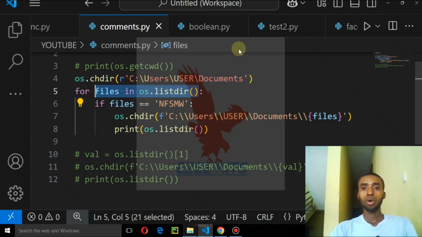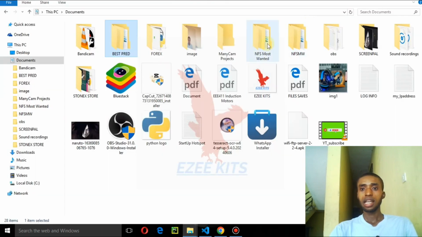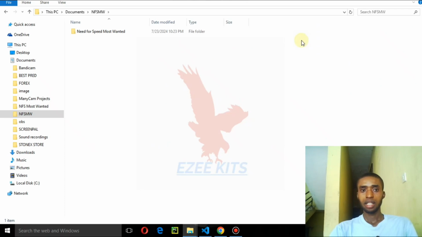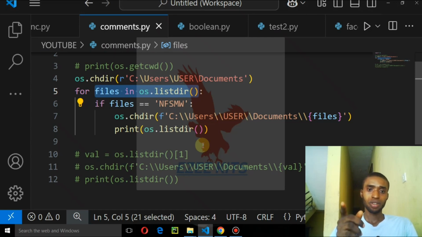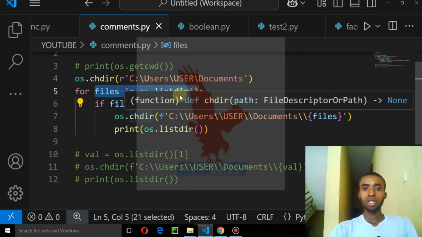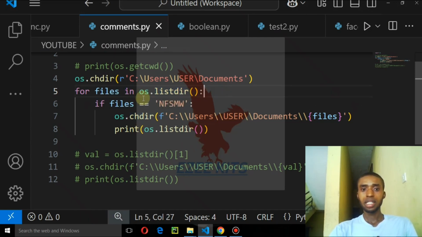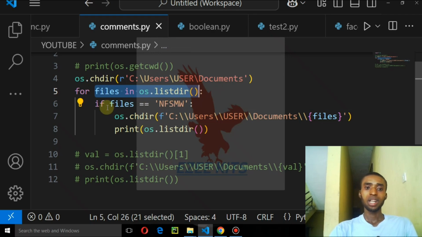Our main aim was to navigate to this file, this guy. So I think this is really what we are going to get inside this guy. So that's our main aim, to enter this file. And when we are done listing it, what we want to do next is to iterate through those files